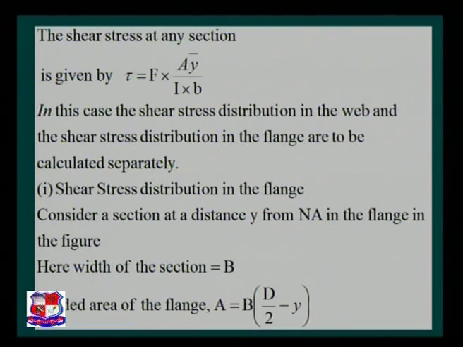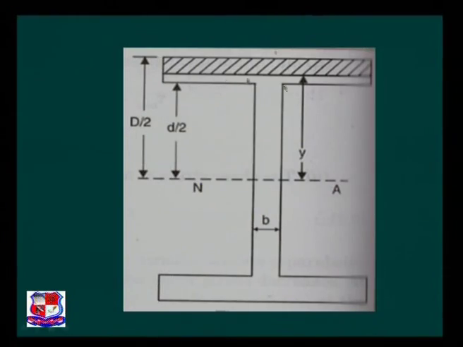So, the width of the section available is capital B, and the shaded area of the flange A is equal to, that is this one,